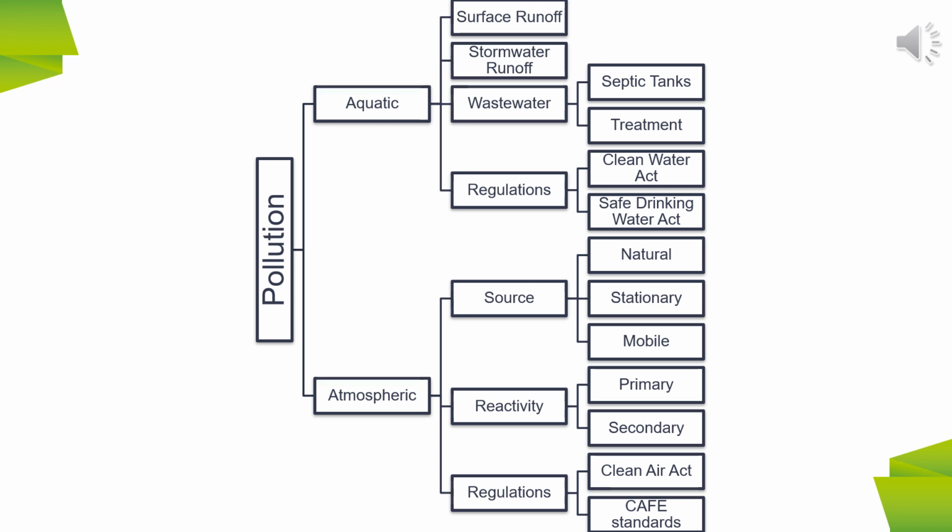When we talk about atmospheric pollution, we're talking about pollution based on its source and its reactivity. Sources are defined as being either natural, stationary, or mobile. Reactivity is defined as primary and secondary, and the regulations we have to address are the Clean Air Act